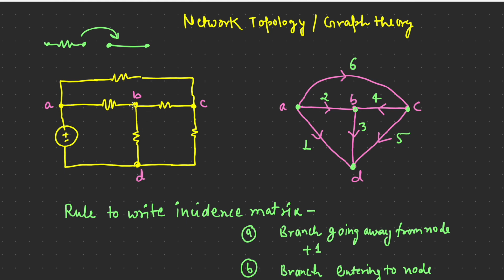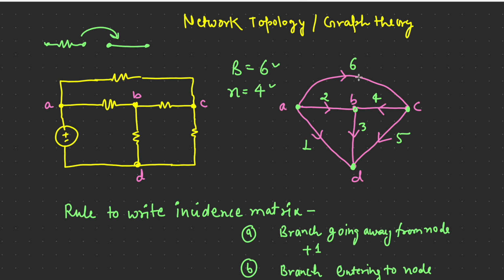So when we convert this given circuit into a graph, it will look somewhat like this. So here also we have four nodes A, B, C, and D, and there are six branches. I have denoted the branch numbers. From node A to D we have branch 1, from node A to B branch 2, same way 3, 4, 5, and 6. So total 6 branches are there in this graph. b is equal to 6. We denote the branches as b and nodes as small n. So there are 4 nodes and 6 branches.